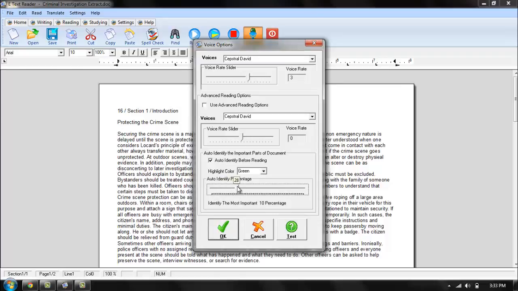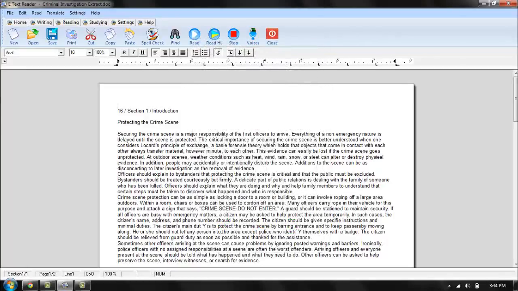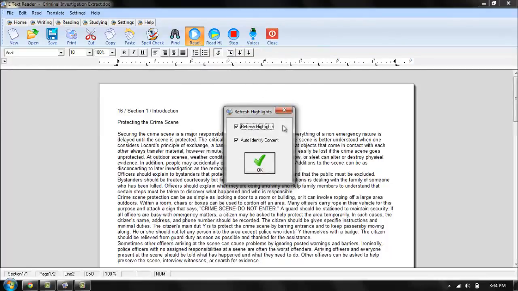Then up the percentage a little bit here to maybe 35%. And for this to work, we're going to need the advanced reading options turned on. So I'll put a check in this box here. I'm going to go ahead and click OK. Voice set to Capstrel David. So now if we go up and we click the Read button, now this may pop up if you've read